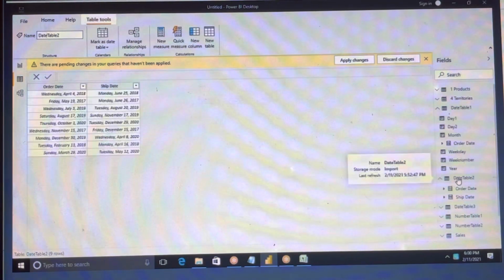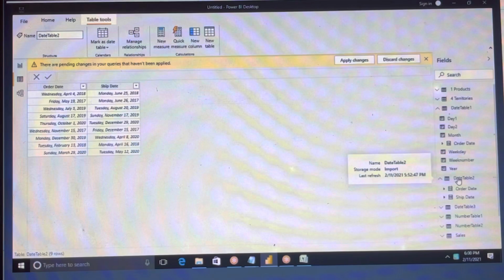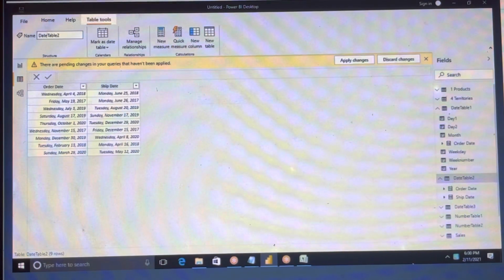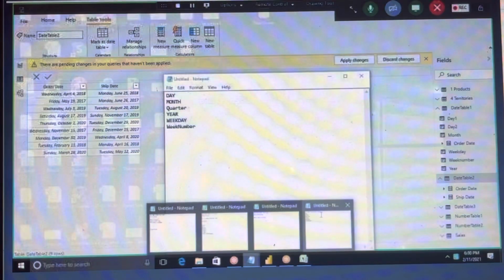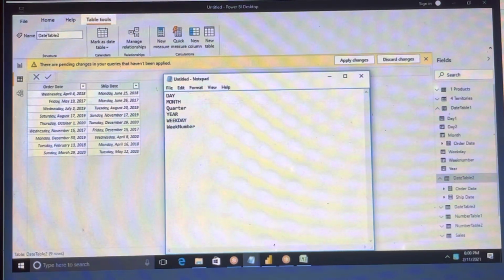Now let's see what is in table 2. For table 2 we can see there are other functions. Let me note down all the functions first. Now date add is also there.